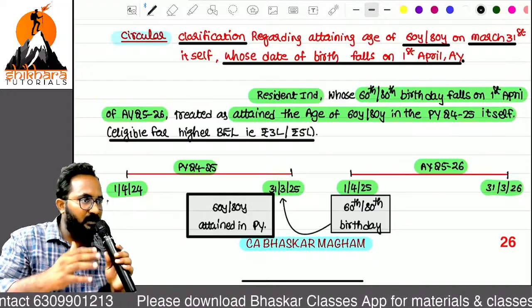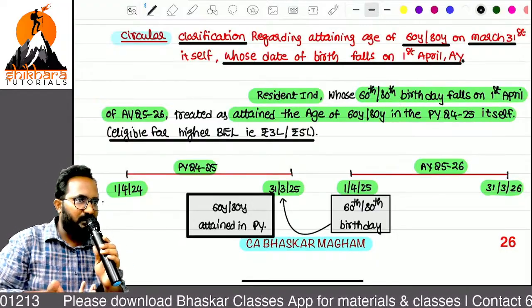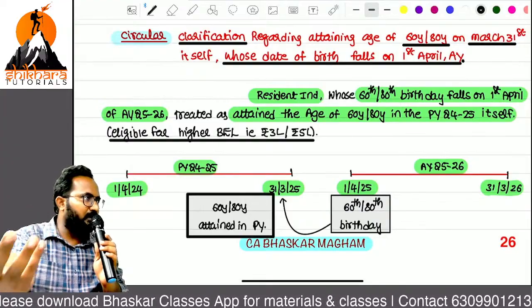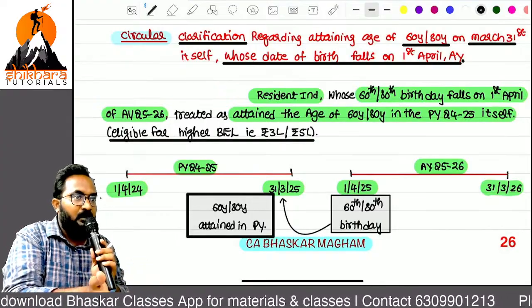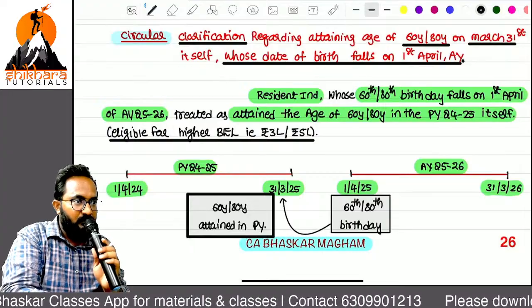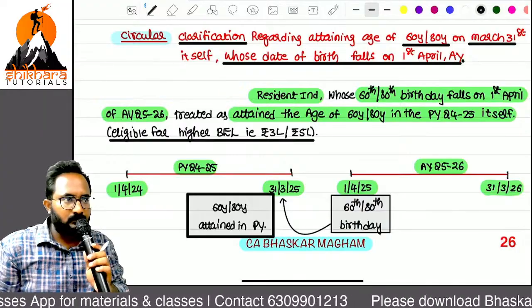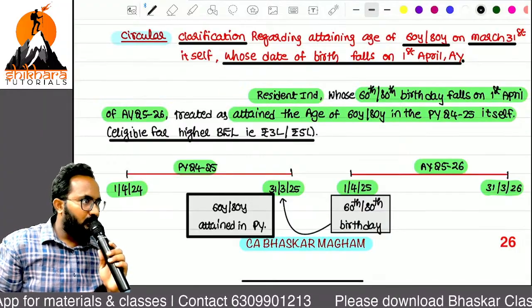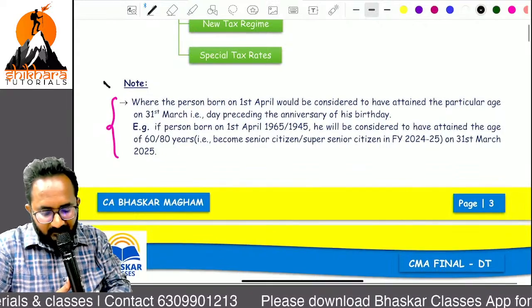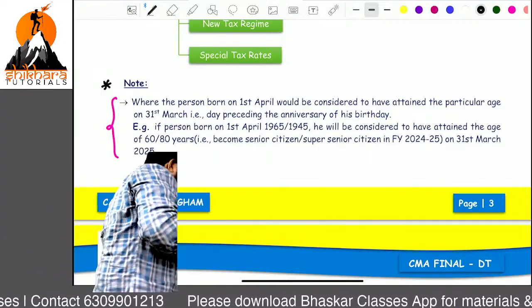So now can you tell me, is the circular applicable for me? My date of birth is in March, so it is not applicable. If your date of birth is in August, is it applicable? No. So that's why I am saying circulars are binding on the department, not on the SSC. From the SSC side, if it is useful, they can use it; otherwise, they can ignore it. Are you clear? So now you can read these 2 lines with that example support. You can understand very well. Read.